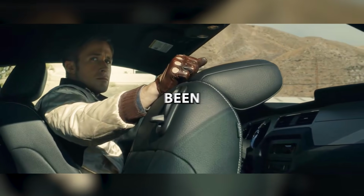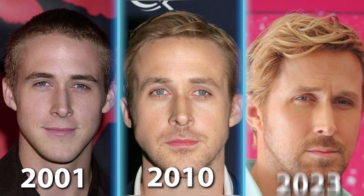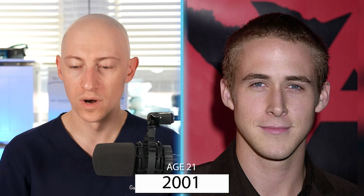Ryan Gosling has been at the forefront of male beauty standards for 3 decades. Has plastic surgery played a role in his appearance over the years? Let's follow his evolution. In 2001, at the age of 21, what I'm seeing is that the right frontotemporal corner